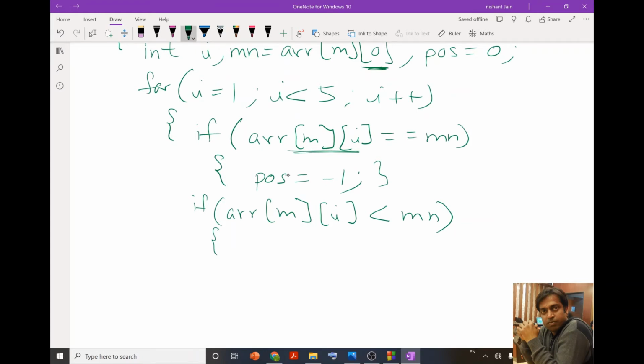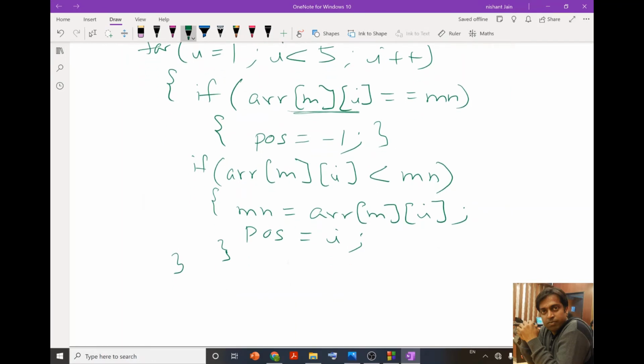Okay, and if it is the case, then we are going to reassign the value of mn as this, and to store the location of this minimum value, we just assign the value of I to POS, and then it is the end of our if condition in the for loop.